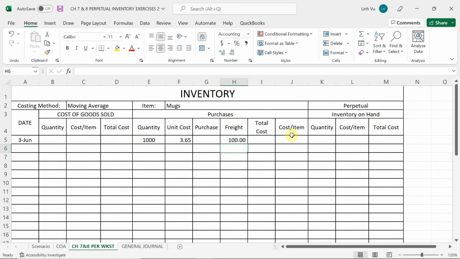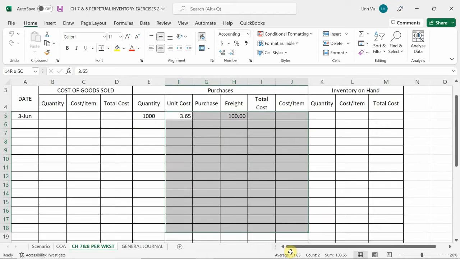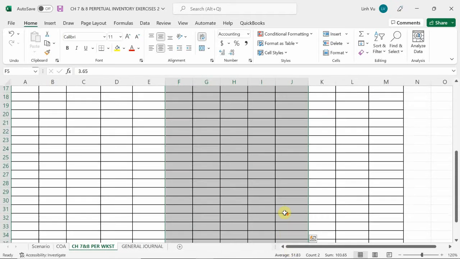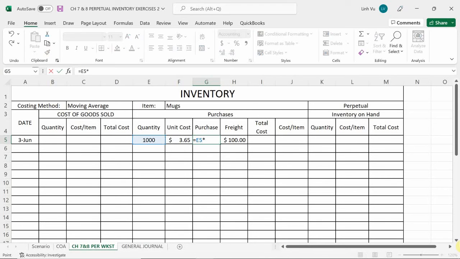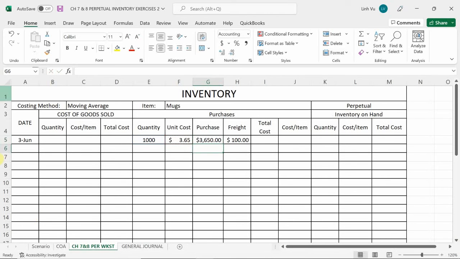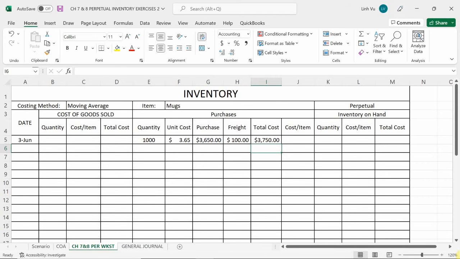So that's going to be, right, quantity times unit price will give you 3,650 plus 100 will give you 3,750, and we know for a fact that this is